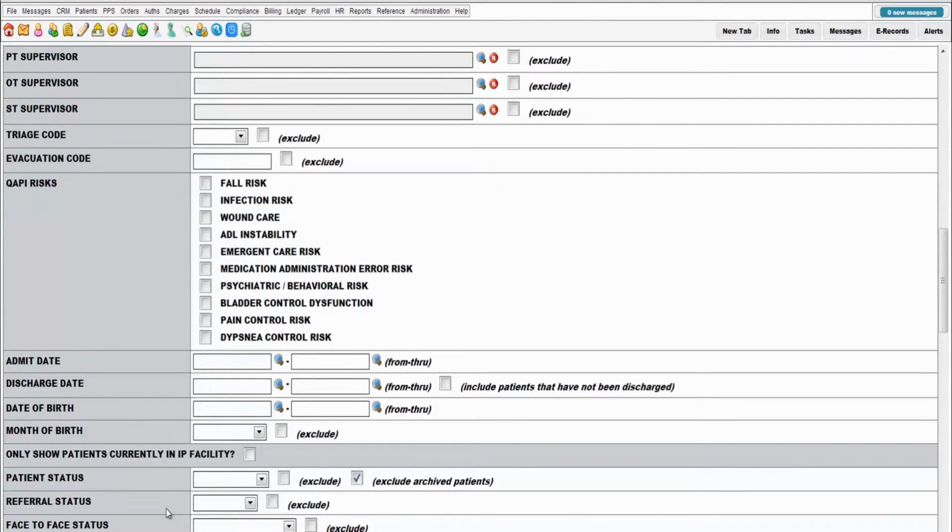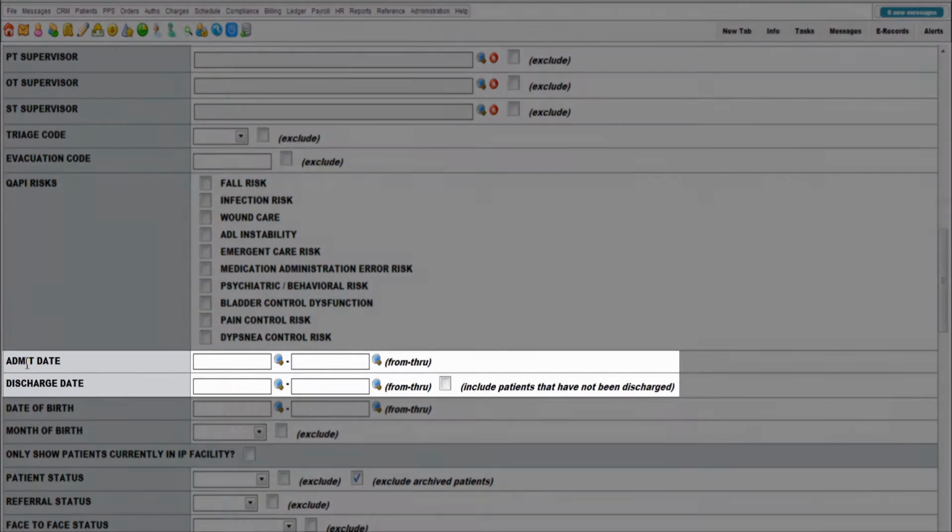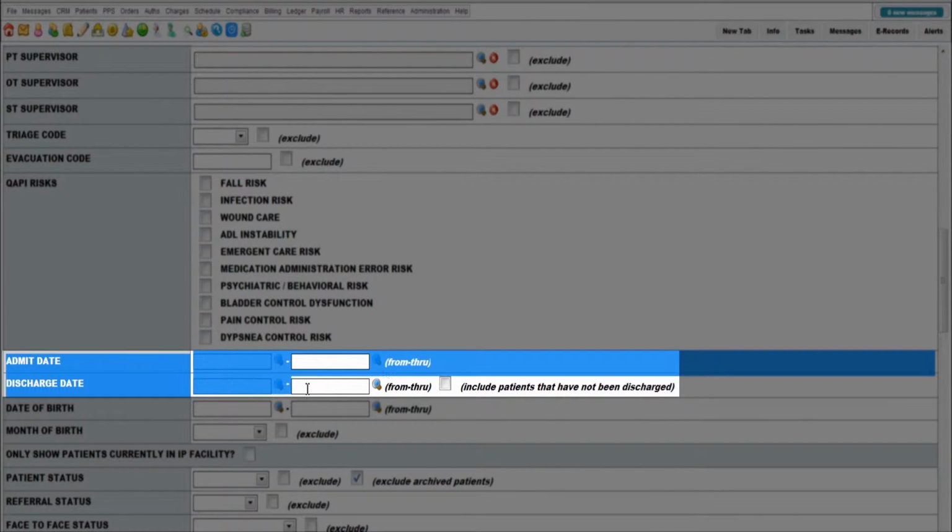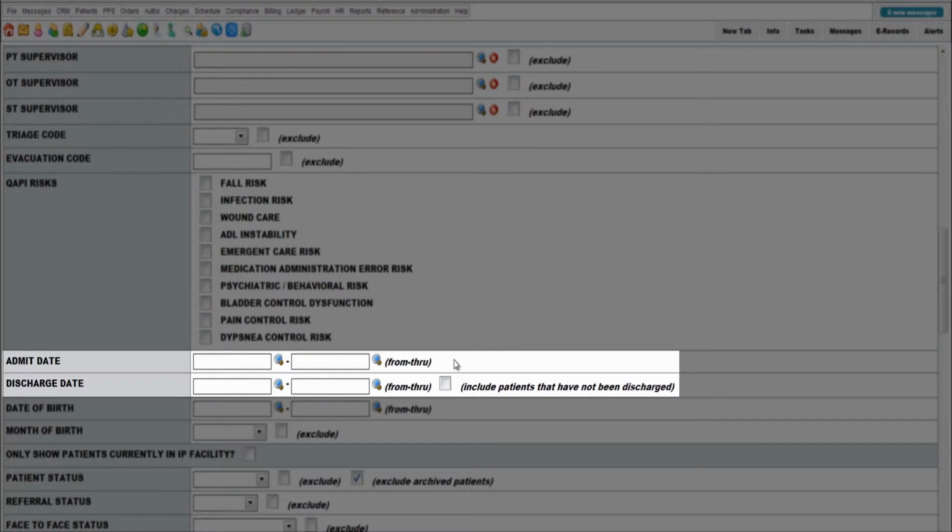In the census report, for example, if you have a surveyor walk into your office and you're needing to run a census report by a specific date range, you'll want to use the admit and discharge date fields. In the admit and discharge date fields, if you're looking for your patients that were admitted last year or all of your patients that were on service last year or active during that date range, what you would want to do is make sure that you entered in